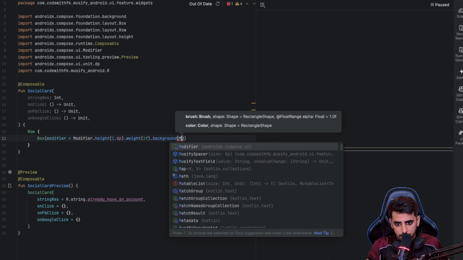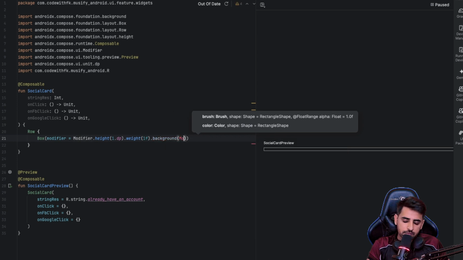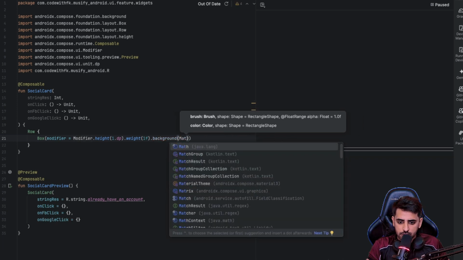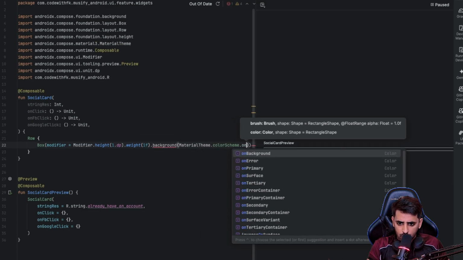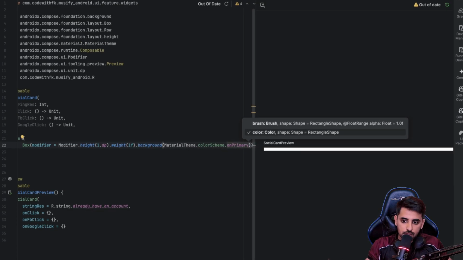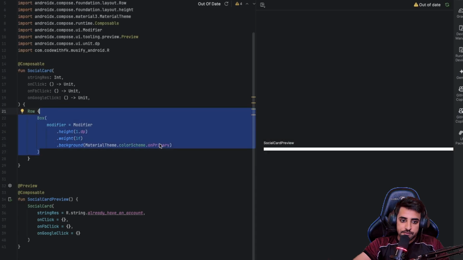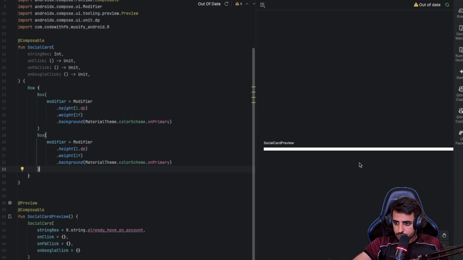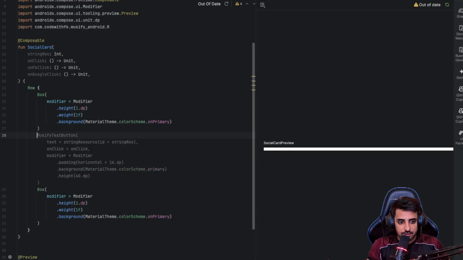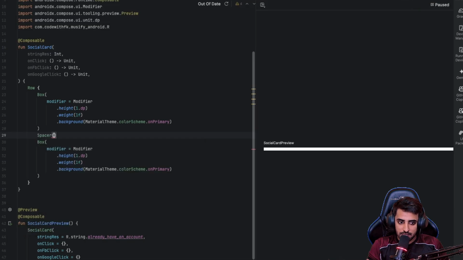So I'm going to say modifier, sorry, MaterialTheme.colorScheme.on. So we have something like this. So now I'm going to take that and place it over here. Now when you do that, you'll see that it still doesn't show anything. Right now, the next thing that I'm going to do is add a spacer that says,